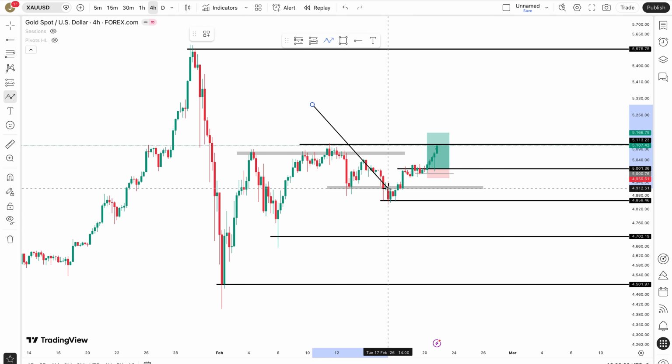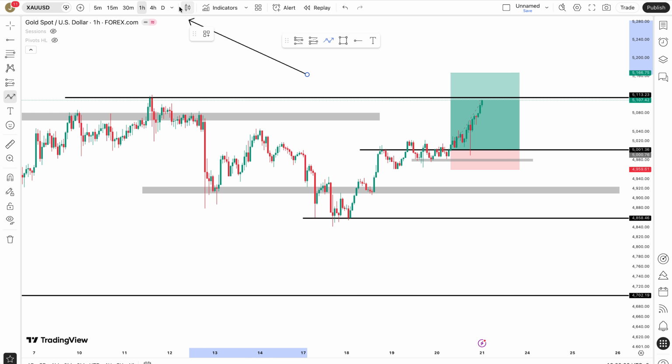So that is a lesson for you guys. Always wait for the indication and the correction and then enter at the continuation. Because if I had waited for this market to indicate, correct, and see that it made a lower high, come back down, that would have been my entry. But anyways, that's where I took my loss. I entered sales right here. Price gave me a little bit of profit, but then reversed and then hit my stop loss.